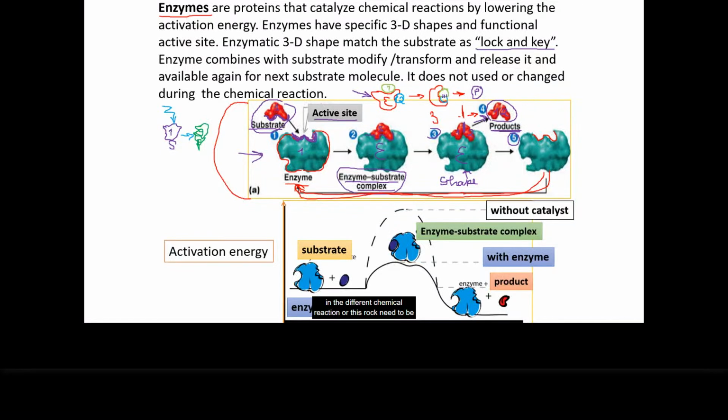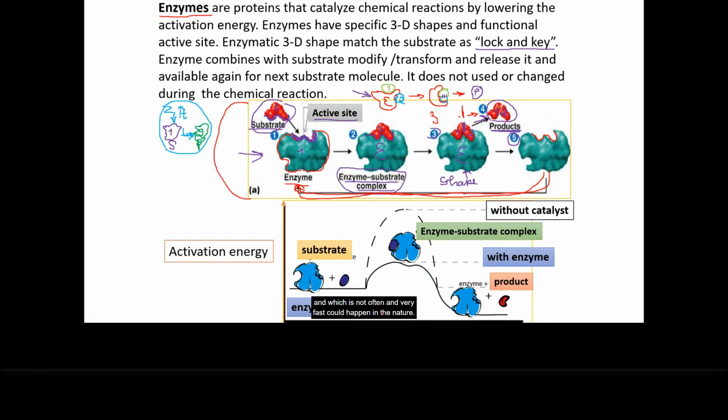Or this rock needs to be under high pressure. And maybe it will go down under the water and something can happen. Or this substrate needs to fall down into a volcano and be under very high temperature. And under this condition, it can be converted to a different chemical product. So this is what is happening in nature. In order to convert one chemical to another chemical, there needs to be some kind of very extreme conditions,